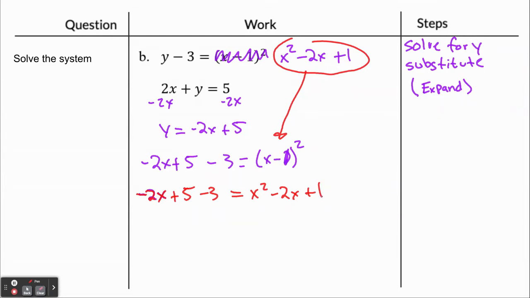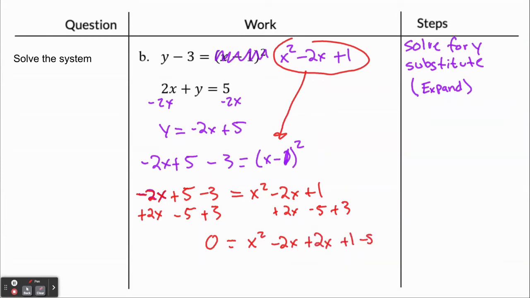Now that I have my equation, a quadratic with only x values, I'm going to combine everything on one side to get it into standard form. I'm going to leave it all on the right side because I like having my a value equal to 1. So I'm going to do the opposite of all these things: add 2x, subtract 5, and add 3. So I end up getting 0 on this side, x squared minus 2x plus 2x plus 1 minus 5 plus